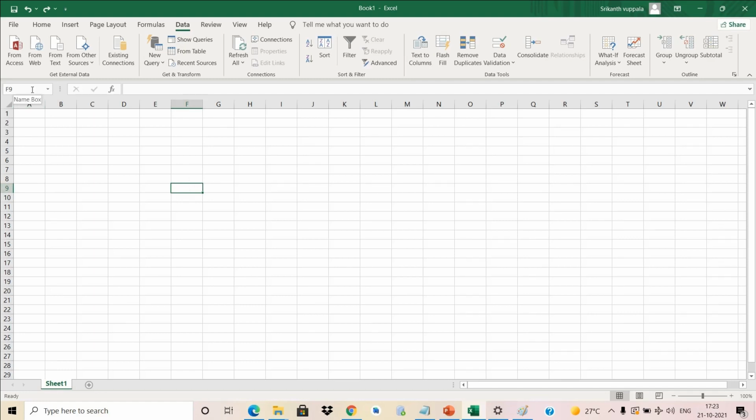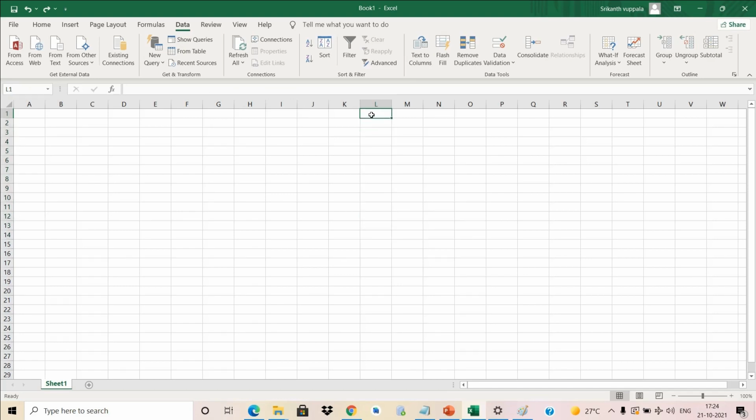It will show where my cursor is sitting. As you can see, if I am placing my cursor on L4, you can see this is L4. If you are selecting any range, for example, I have selected these many cells, it shows me the starting cell.